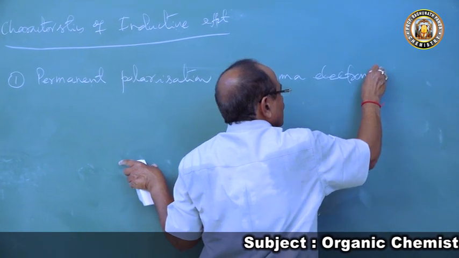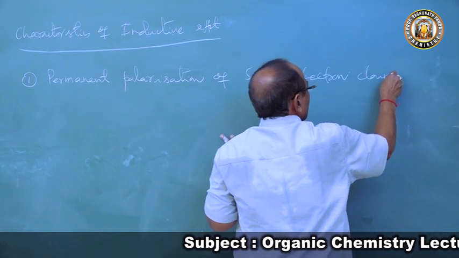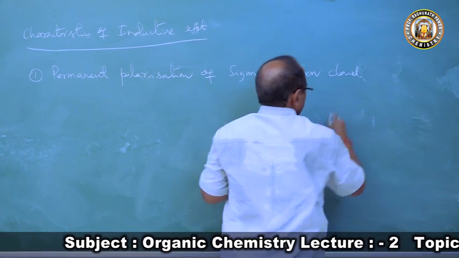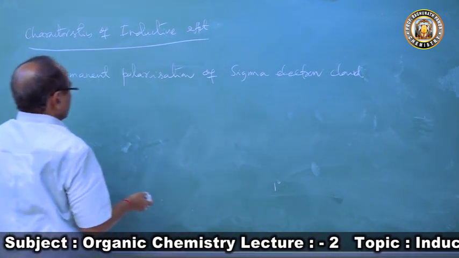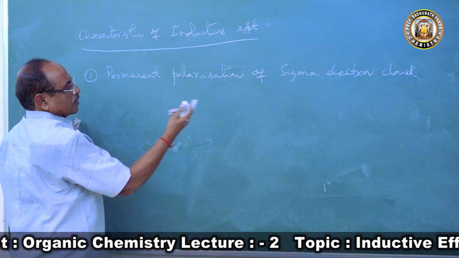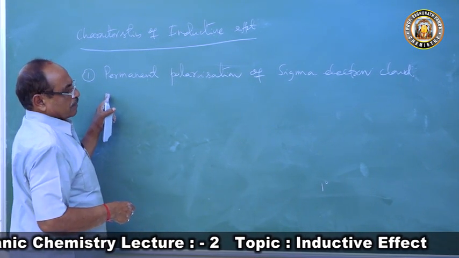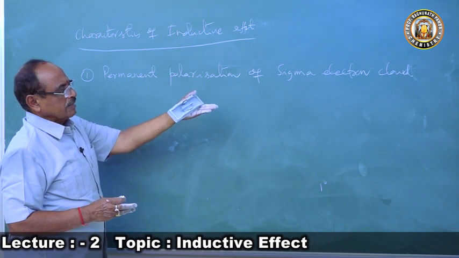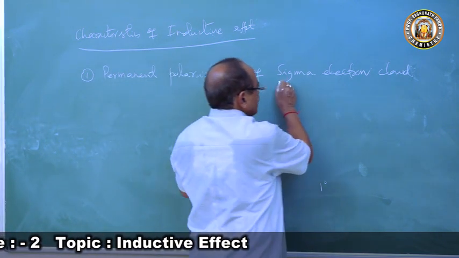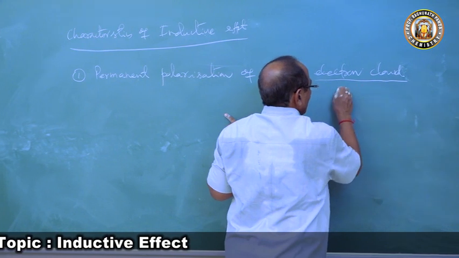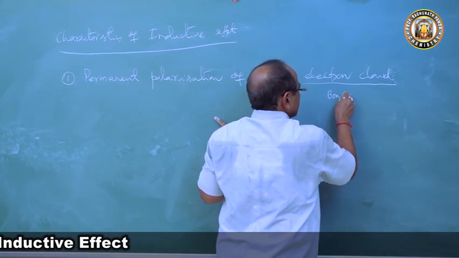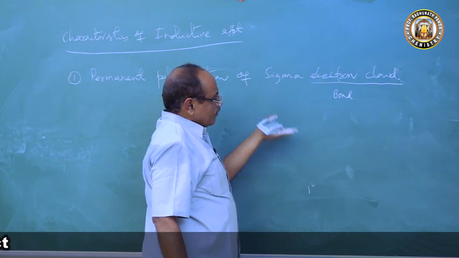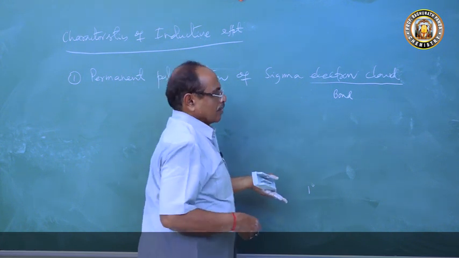Sigma electron cloud means the electron cloud forming the sigma bond. This is permanent polarization of the sigma bond. You can write this electron cloud as a sigma bond,